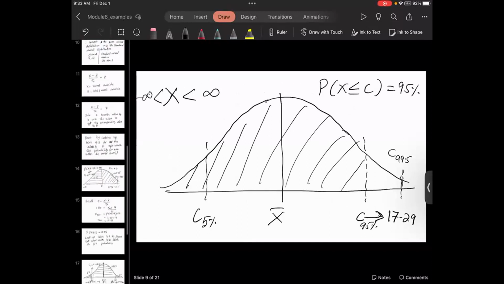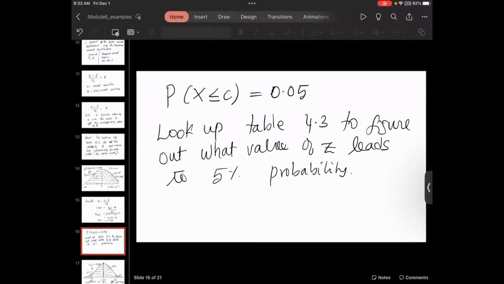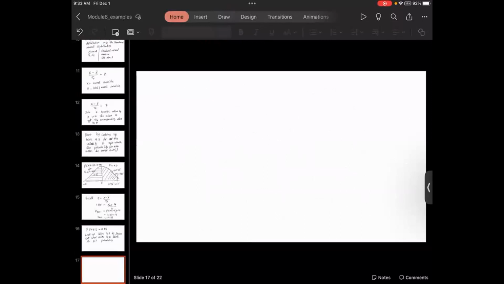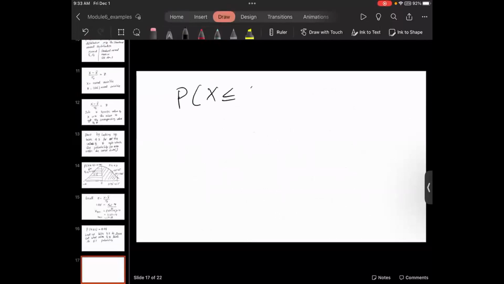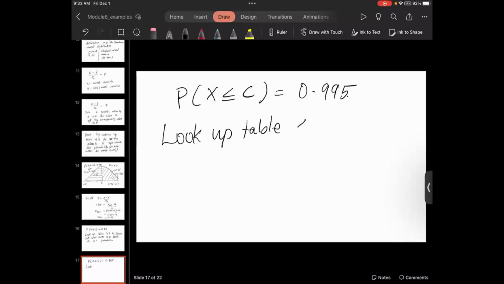This is very similar to the first case where we want to figure out the probability of X less than or equal to C such that this is equal to 99.5%, or if you want to write it as a fraction, 0.995. Okay, so if you look up table 4.3,